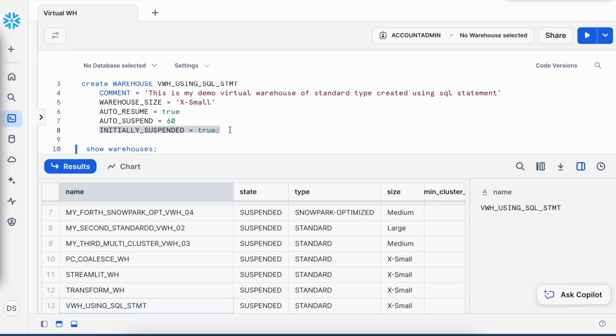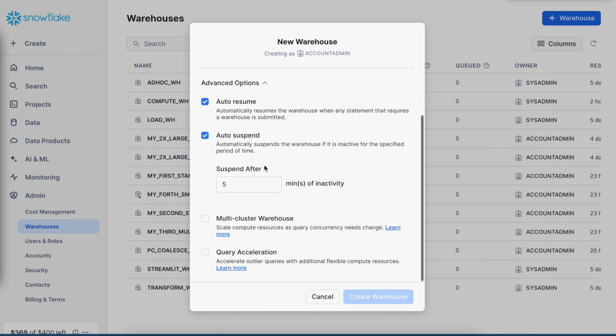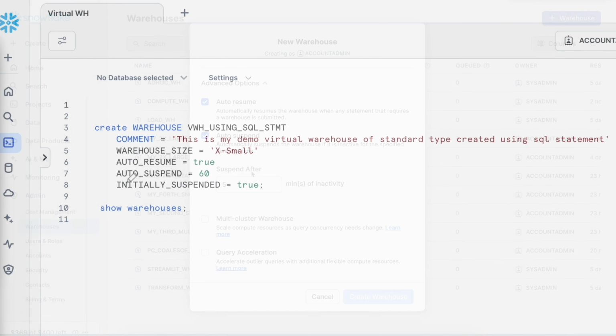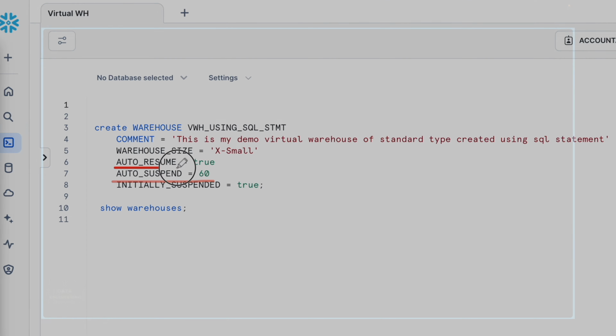And if I go back to my previous screen where Snowsight allows me to create a virtual warehouse through a pop-up, when I expand my advanced options, these are the properties available. However, I do not have any property called initially suspended equals true or false. So always remember, if you are creating a lot of virtual warehouses in the Snowflake platform, to save the cost, make sure that you create it via SQL statement and have the initially suspended value equal to true, and also specify the auto suspend value equal to 60 and auto resume equal to